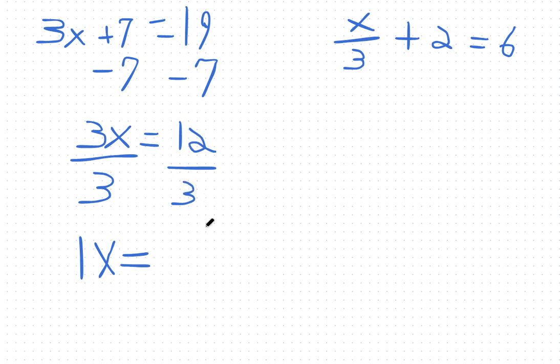What goes into 12 3 times? 4 goes into 12 3 times. 4 times 2 is 8, and 4 times 3 is 12. So here we are, x equals 12. Now, if we were to plug this number, 12,